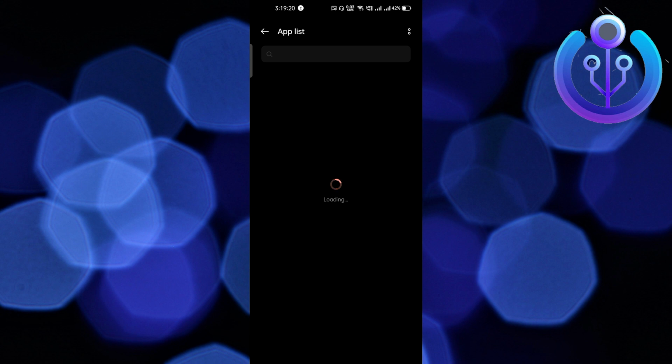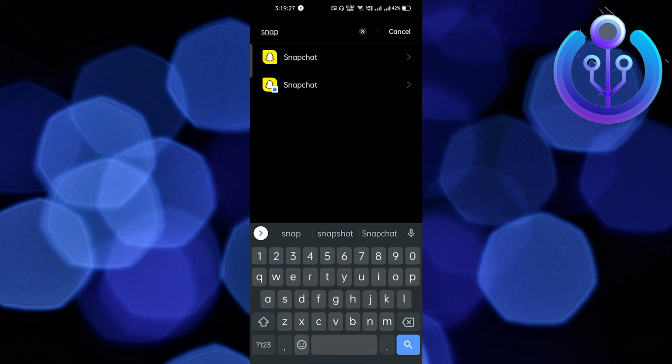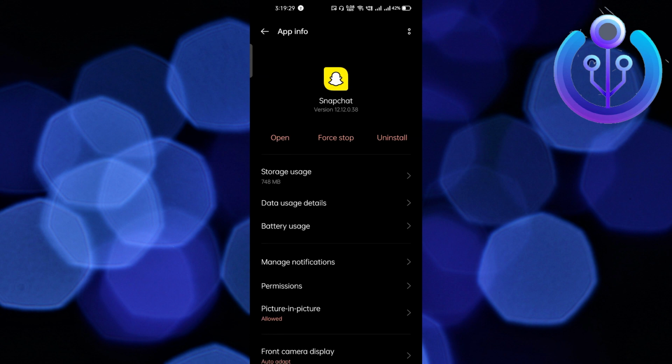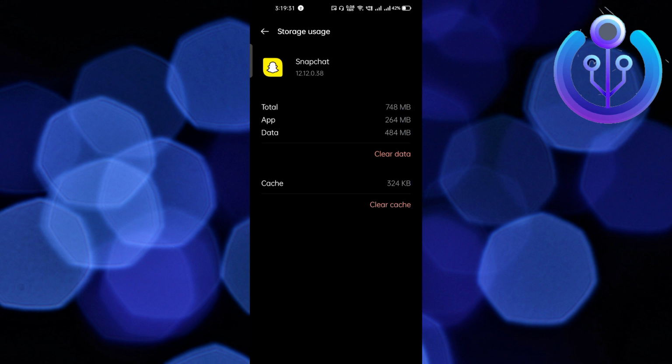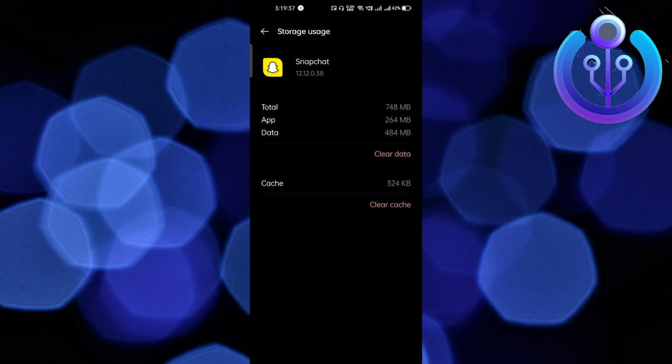And here we have to scroll a little bit down where we will find Snapchat, but I'm not going to scroll to find it. I will just search here, right? So just click on Snapchat, and after that, click on storage usage. But before clicking here, make sure that you force stop the app, right? And after force stopping the app, click on storage usage,